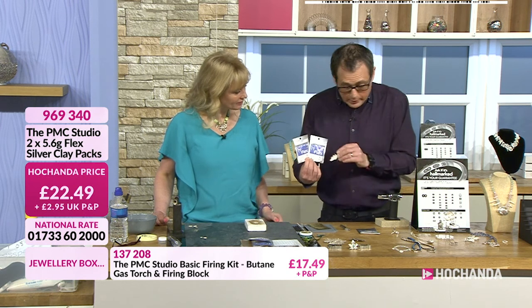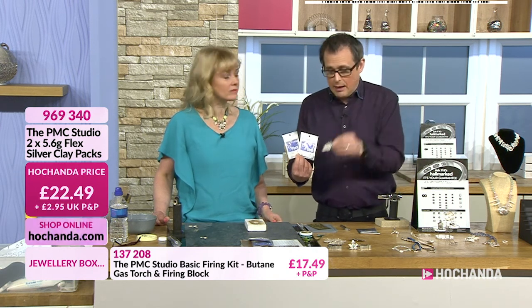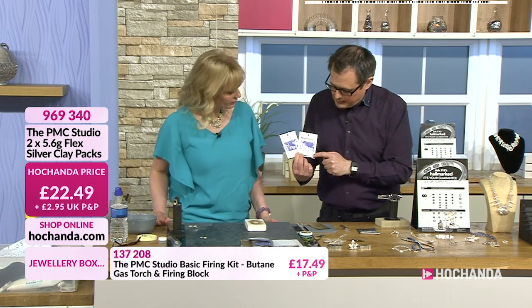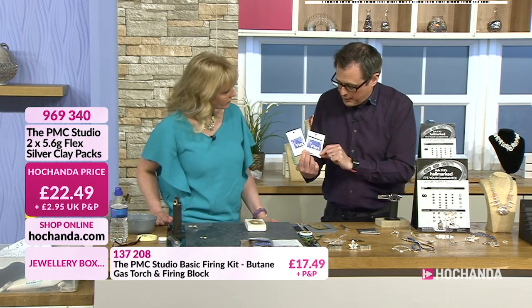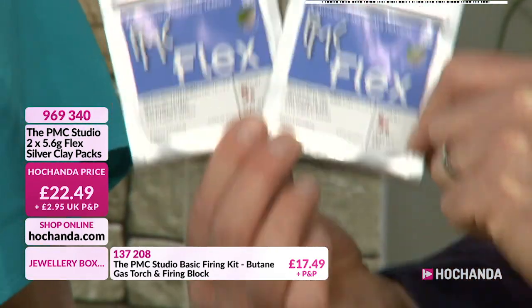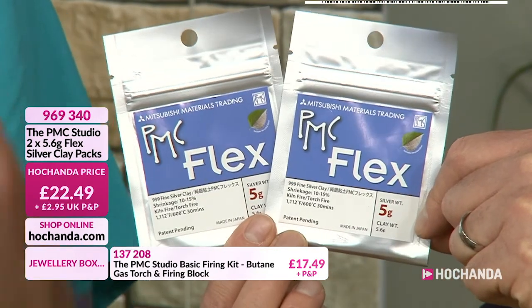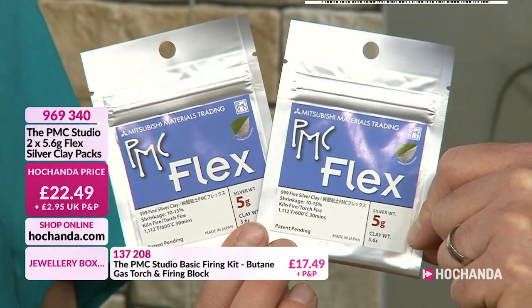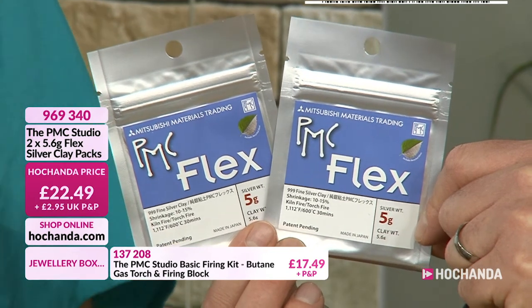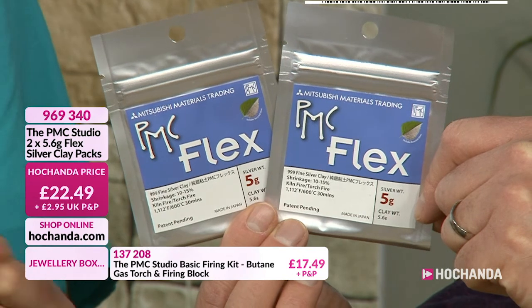And of course, I've just been holding up a couple of examples of what you can make with these two bags of 5 grams worth of clay. 5.6 grams is the actual weight, but that will give you 5 grams of silver, won't it? Yes, so that basically is the weight of the clay with the binder and the water. Obviously that evaporates and burns off during the firing, and then you're left with 5 grams of silver, which is